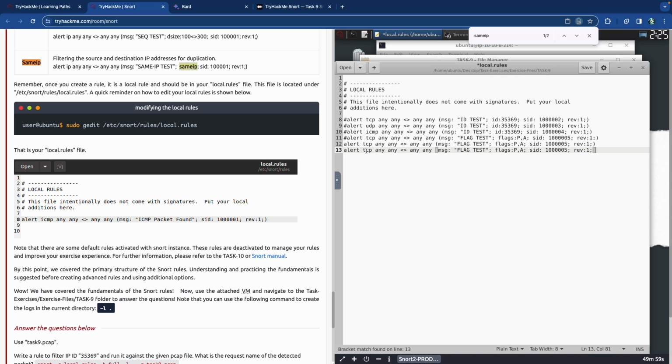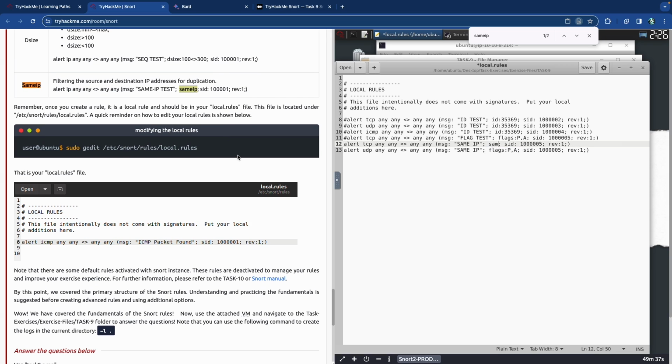Okay, so what we want to do is a UDP and a TCP. We're going to create a new flag called same IP, or a new message, and we're going to do another one, same IP. And instead of having flags over here, we're just literally going to put the command same IP, and change the ID of this to 6, and we will do,